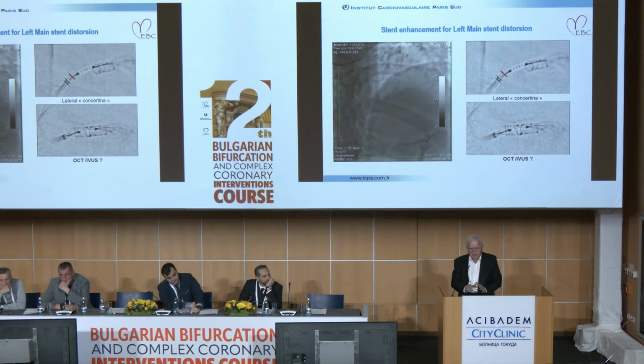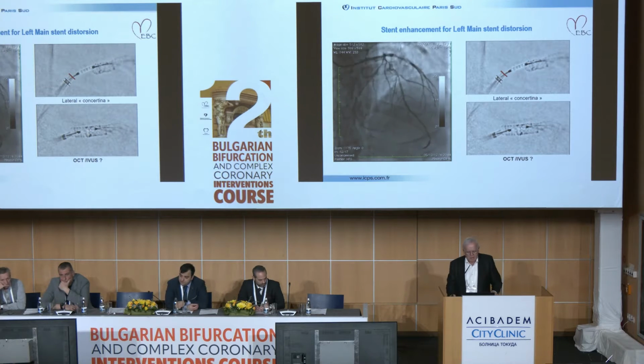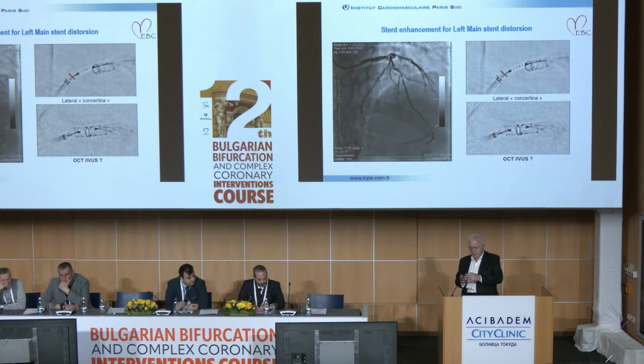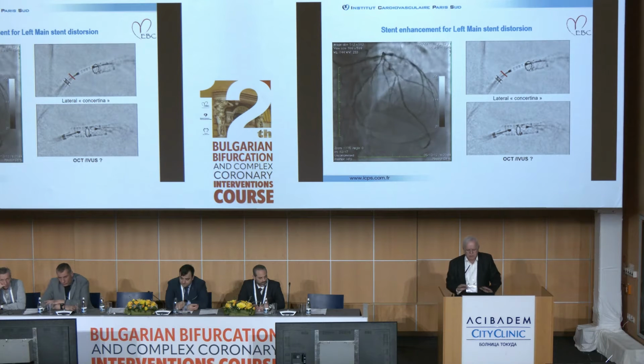When you are working on a left main, whatever the technique, but especially for provisional stenting, your guiding has to be away, a few millimeters outside. That's the first point. The second point: as the guiding is pushing on the jailed wire, on the strut, depending on the jailed wire, the stent is distorted nonhomogeneously. So you have a lateral disjunction. You see the stent is looking at us. It's not normal. And after that, we implanted a second stent and did the proper pressure, many inflations in order to put everything on the wall.